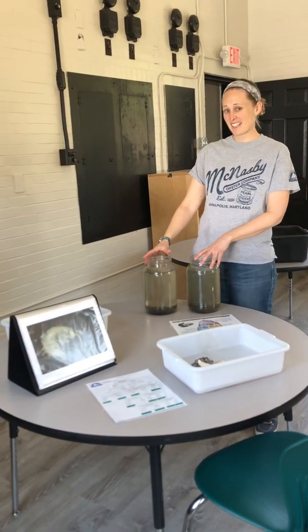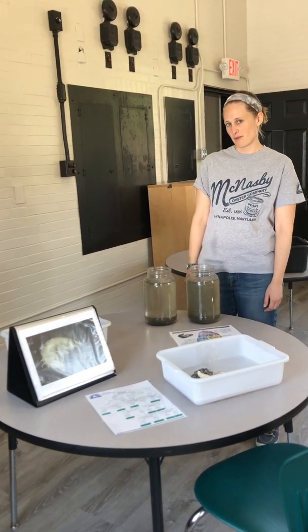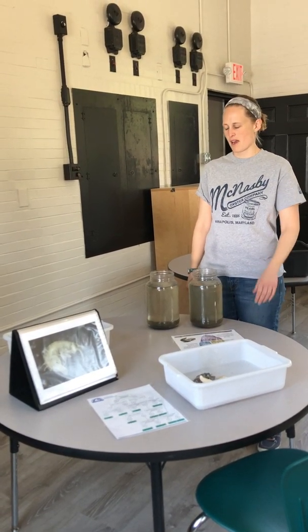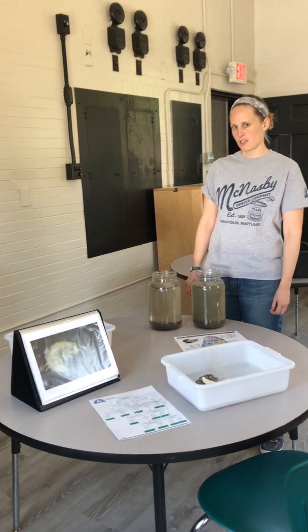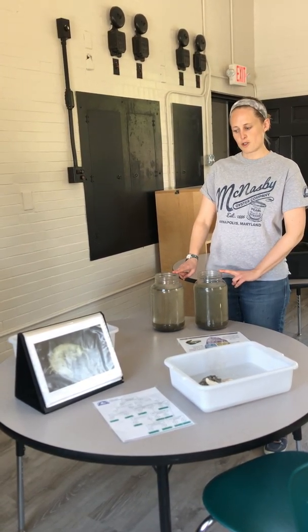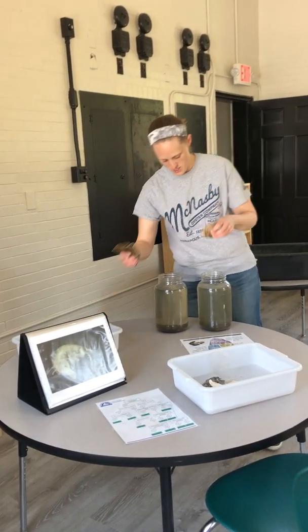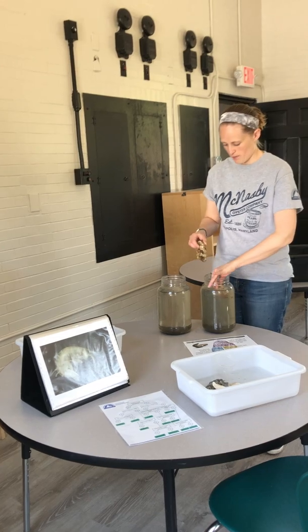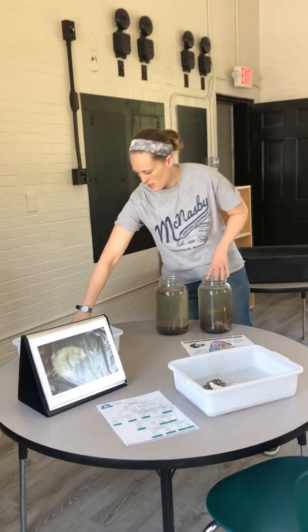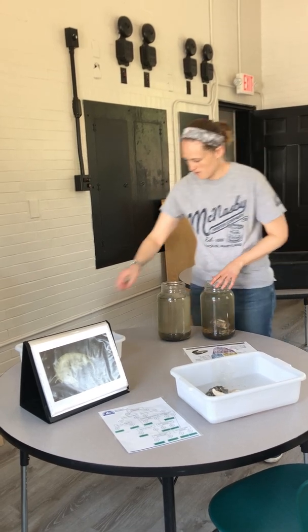Hello again, so we're back in the classroom and we are going to look at some of the critters that we caught from the oyster reef, and we'll put them back where they came from right after we're done looking and identifying them. But we're also going to set up a filtration demo. So we have those live oysters that we had in our oyster cage, and we're gonna put them in this container over here. And so I have 5